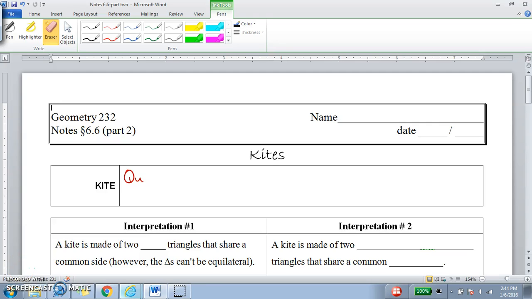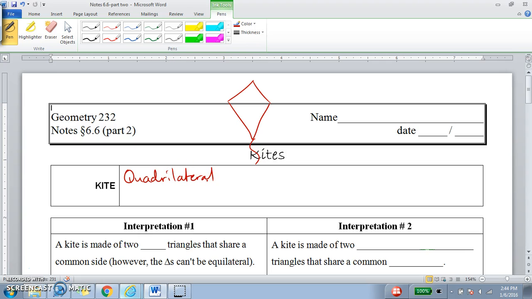Alright, this is Geometry, section 6.6, part 2, kites. You're probably used to thinking about a kite as something that looks like this, with a tail that's up in the air and you fly it. But the formal definition of a kite